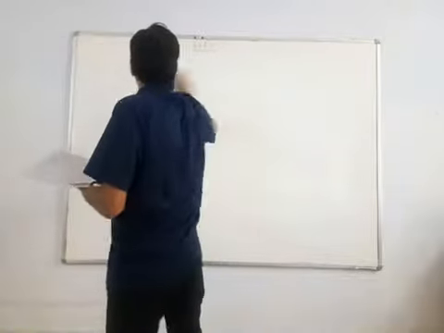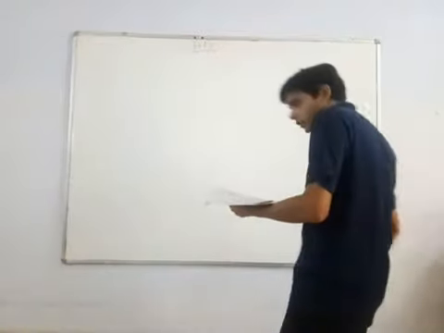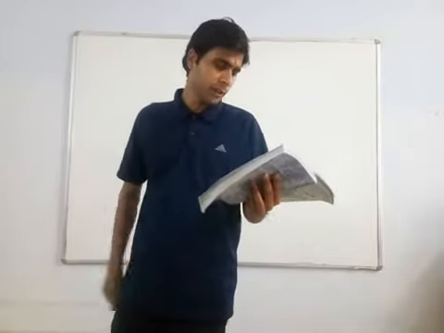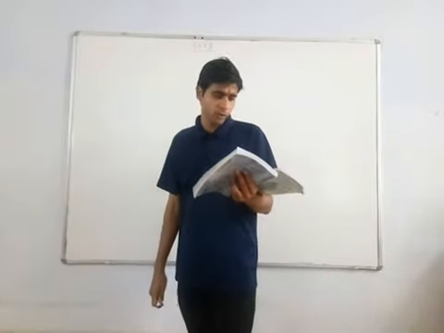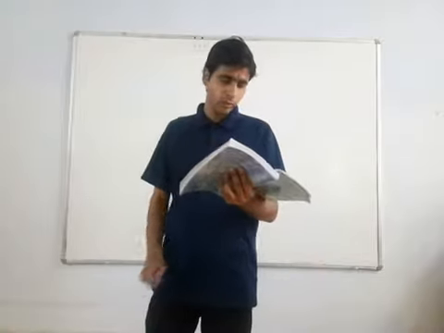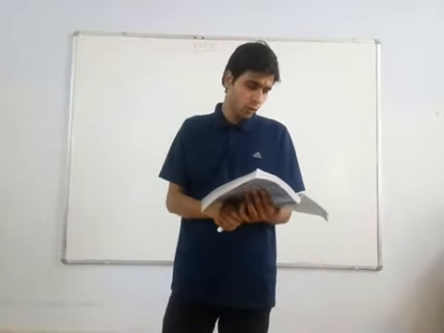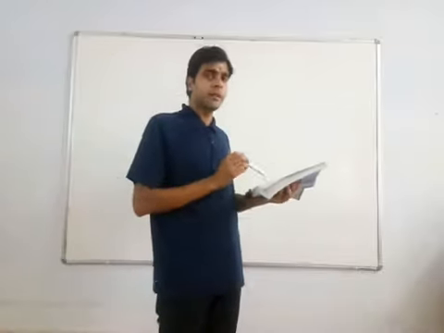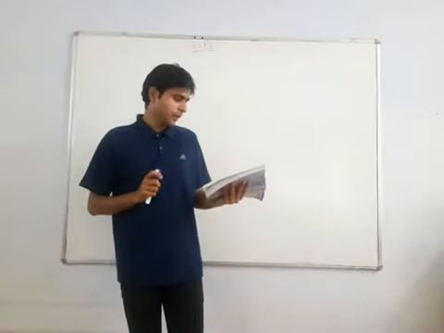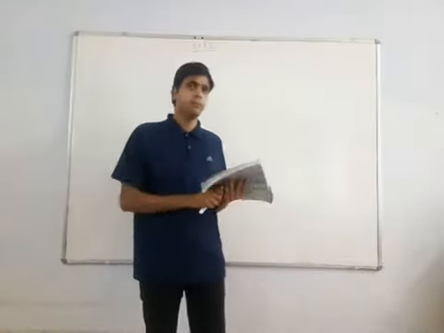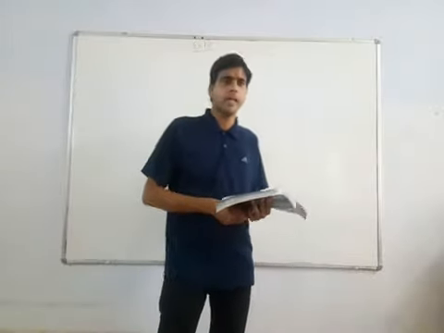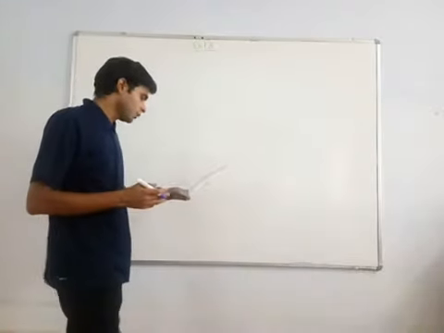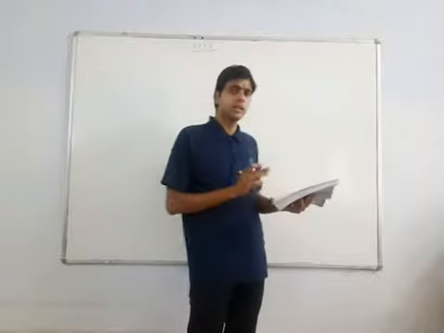Then question number 6. Look at several examples of rational numbers in the form p upon q, q is not equal to 0, where p and q are integers with no common factor other than 1, having terminating decimal. Terminating decimal means q is divisible by 2, 5, or 2 and 5. So can you guess what property q must have?